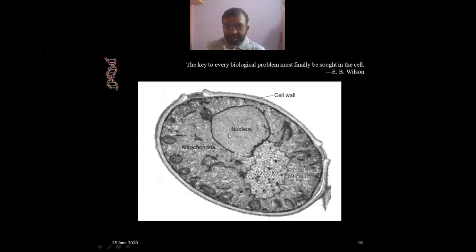Hence, the eukaryotic cell's genetics is more complicated as compared to the prokaryote. Why? Because there is not just a single cell, so many cells are there and their coordination is required. Hence, on a theoretical basis also we can say that there is a clear difference between prokaryotic genetics and eukaryotic genetics, and eukaryotic genetics has some sort of complexity.